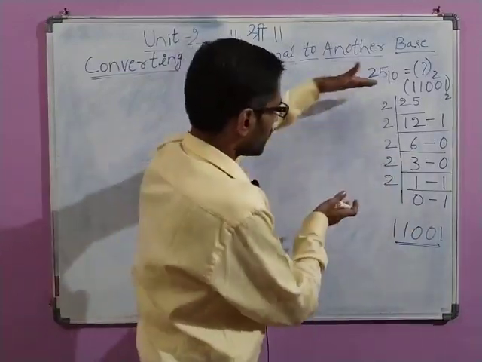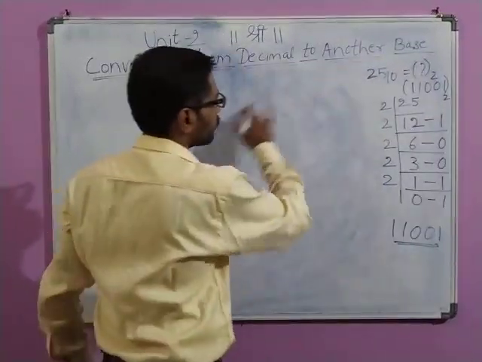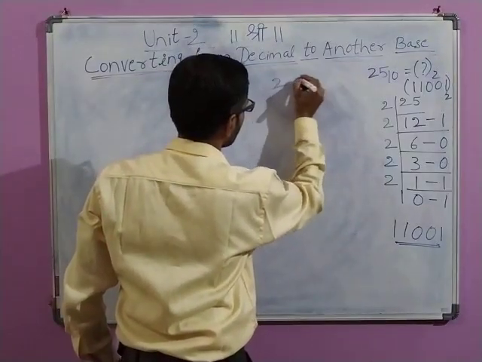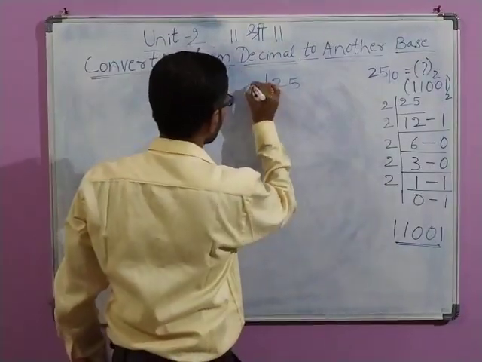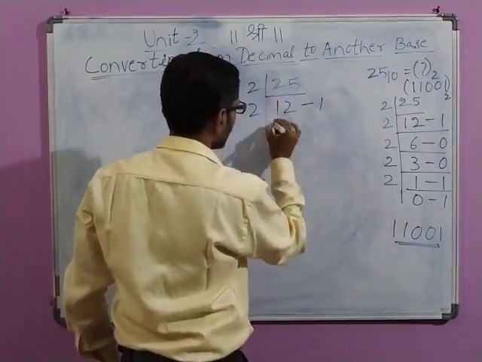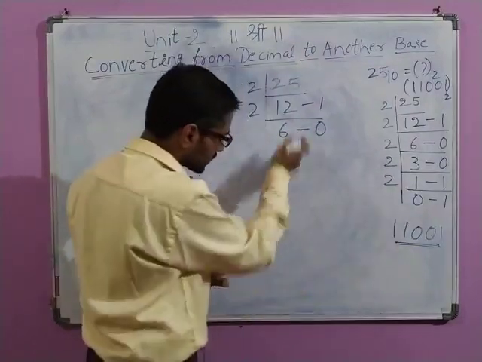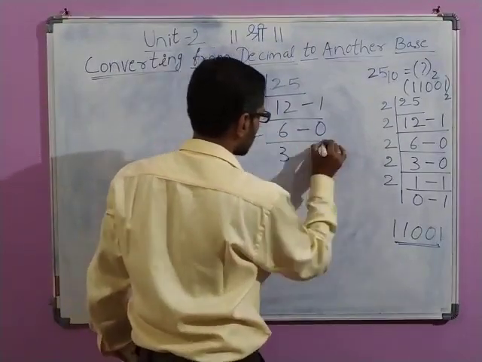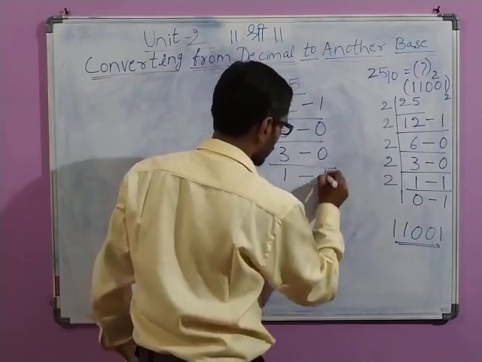So the textbook method is this, you need to follow this only, but there can be one more technique that you can do. So I will take the same number 25 and go on dividing it by 2. So 2 12s are 24, remainder is 1, then 2 6s are 12, remainder is 0. No need to record it, just complete it, and then I will tell you how to record it. Then 2 3s are 6, remainder is 0. 2 1s are 2, remainder is 1.